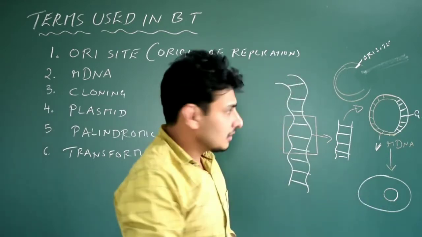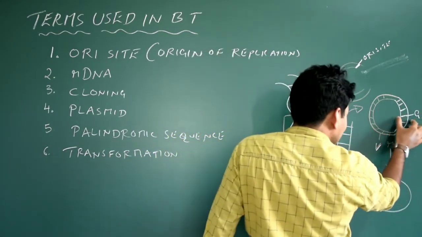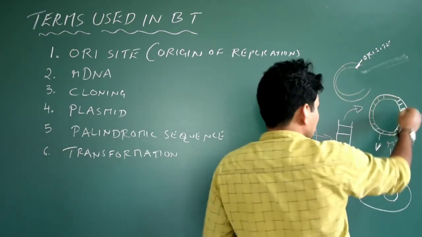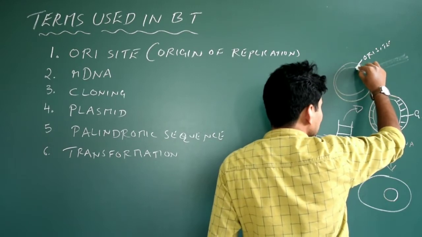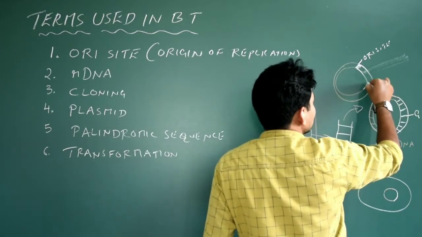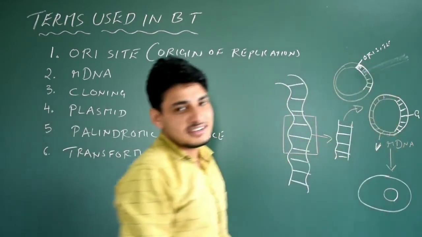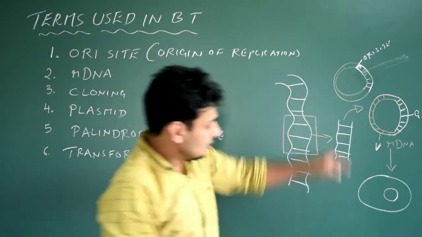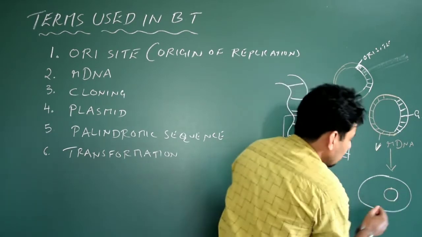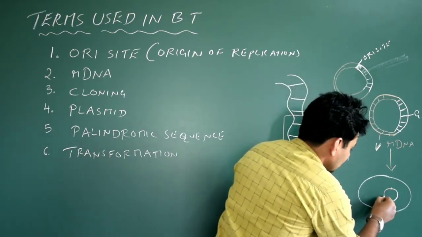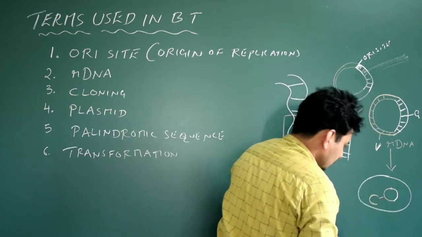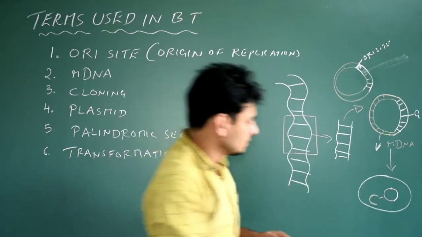Okay, please note one point. I am going to attach this gene of interest into the ORI site of the vector. See, I have used the white color. This is the ORI site. Exactly to the ORI site of the vector, I have to attach this gene of interest taken from a living organism, foreign DNA actually. Got it? Then only, since the ORI site is there on the vector, it's going to replicate. So that means when the bacteria grows in a particular culture medium, like we have to give some food medium, culture medium.